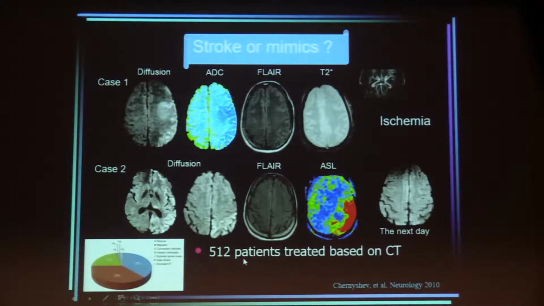Well, this is I think quite important, and if you look at this paper, you can see that about 500 patients were treated, that means they had the TPA on the basis of plain CT. 14% of them were treated for a stroke mimic, so that means that they didn't have the right treatment. And I think, using MR, you can avoid giving the wrong treatment to the wrong patient, and also that will give you the ability to have a free bed for a real stroke and manage correctly all the medical resources of your hospital.